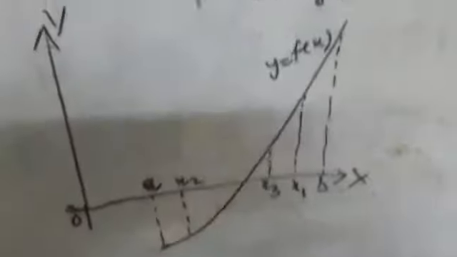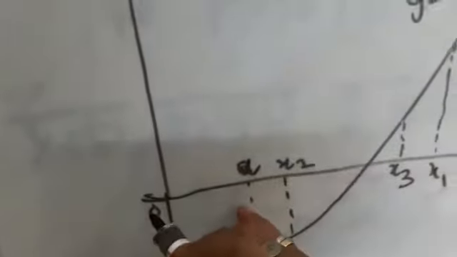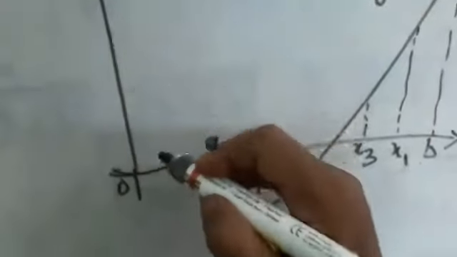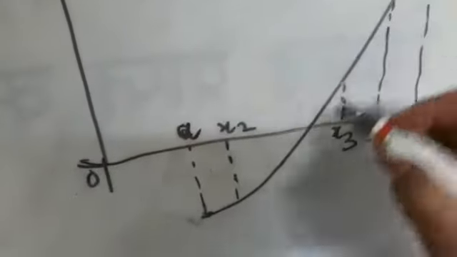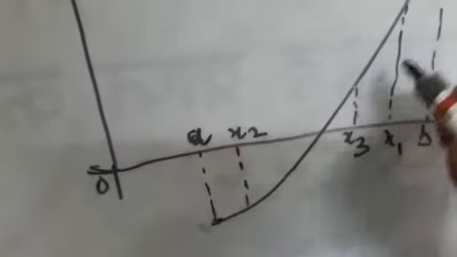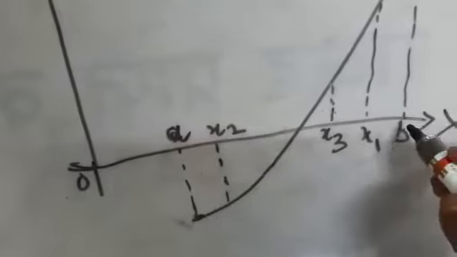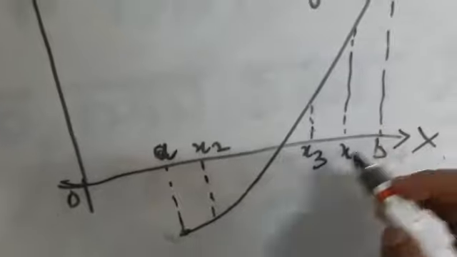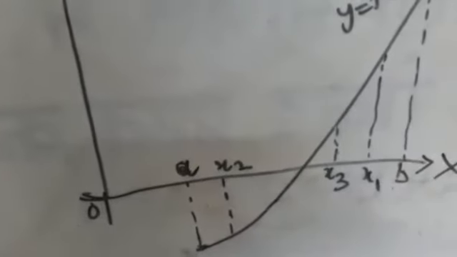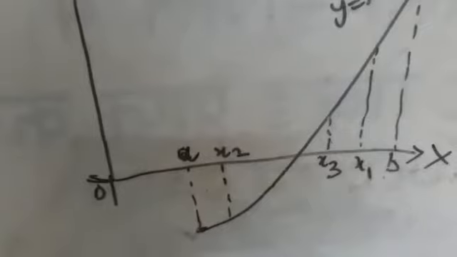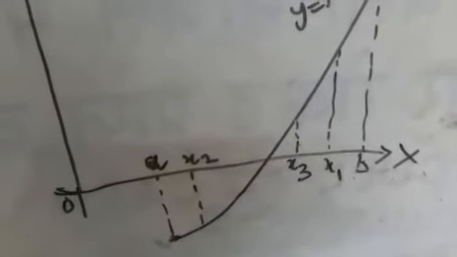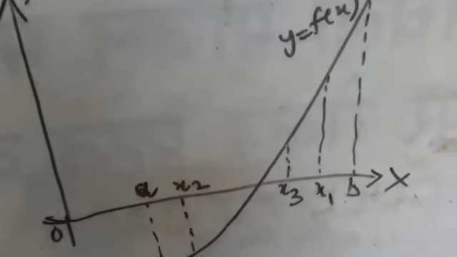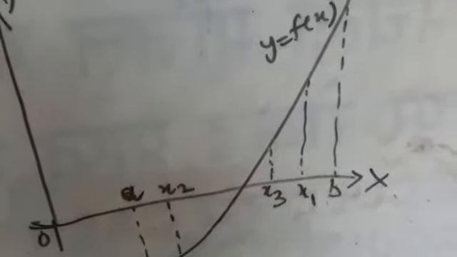Hello students, good morning. Before going to solve the problem, I will briefly describe the bisection method. See the figure. O is the origin, OX is the x-axis and OY is the y-axis. Let y is equal to f(x), and this is the curve. A and B are two points on the x-axis, and this is the interval. The bisection method is a method by which, after getting the initial approximation, we can divide the interval into sub-intervals to obtain a closer, more accurate root.